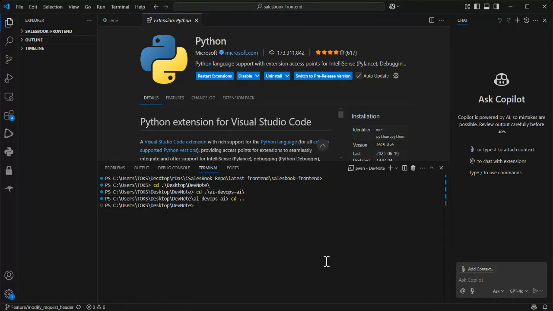We need Docker Desktop, that's for containerization. Then we need Postman for API testing. You can go to your browser and search for all these applications. I hope I will be able to attach documentation or links in the comment section after the video. When you download and install these applications on your laptop, desktop, server or virtual environment,